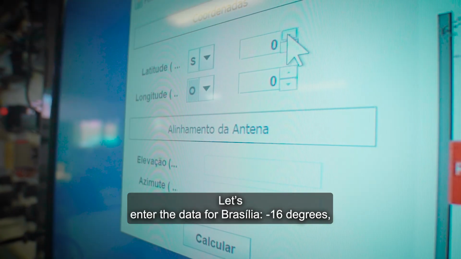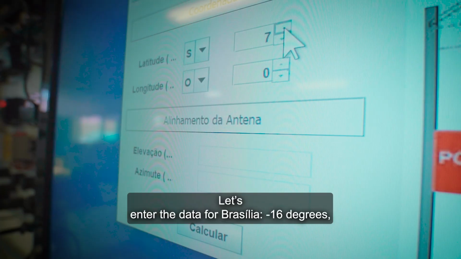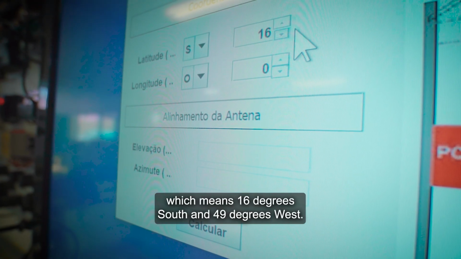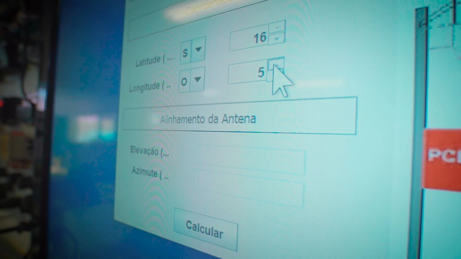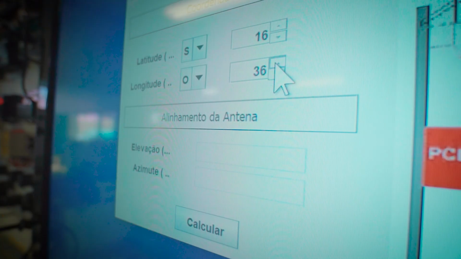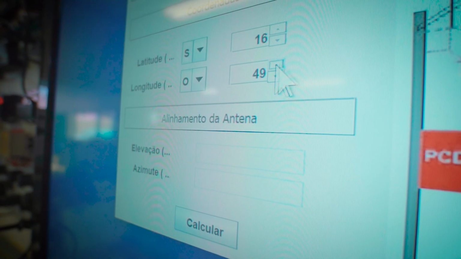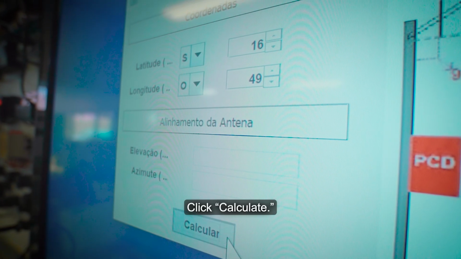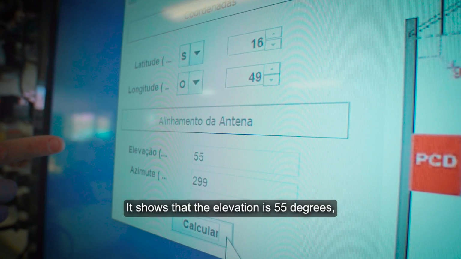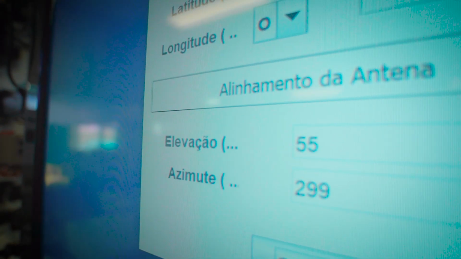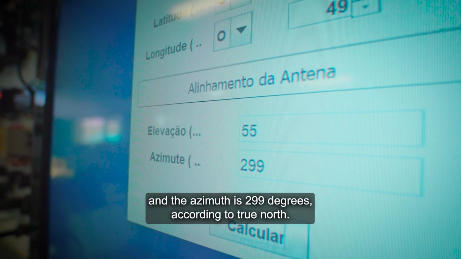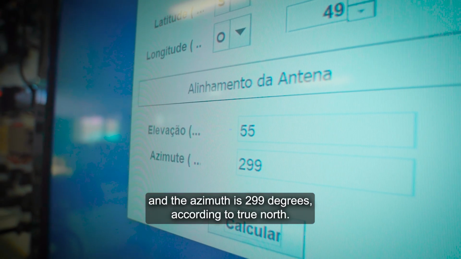Let's enter the data for Brasilia, minus 16 degrees, which means 16 degrees south and 49 degrees west. Click Calculate. It shows that the elevation is 55 degrees, and the azimuth is 299 degrees, according to True North.